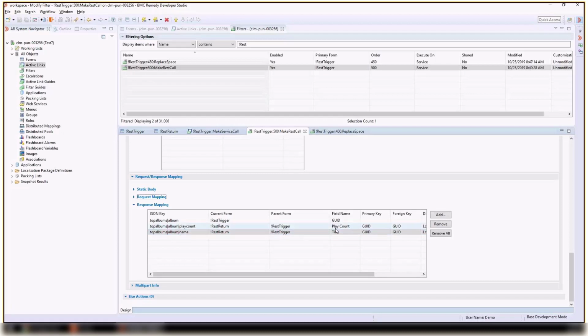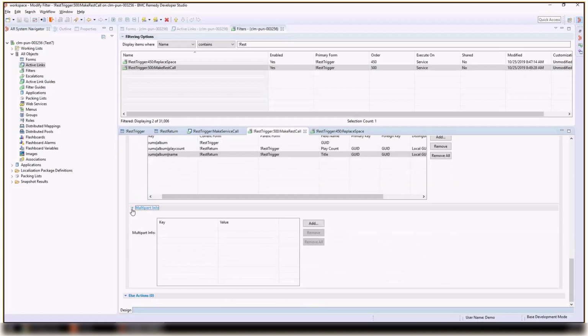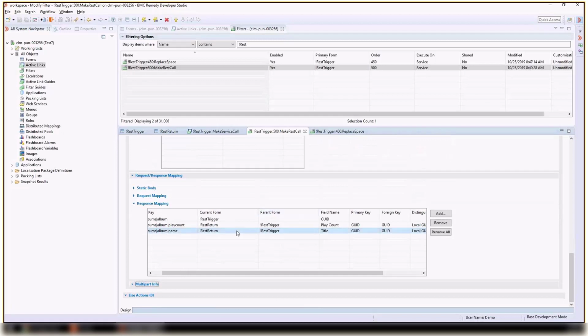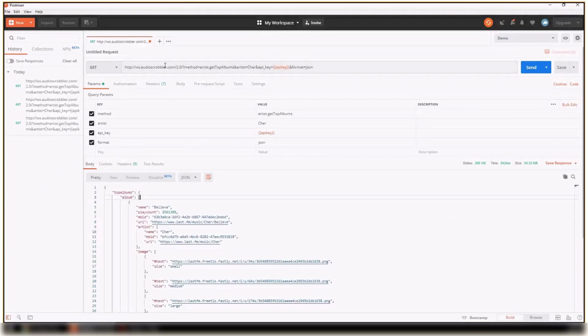Okay, and the destination is play count and title, and the primary key and foreign key are GUID, which are GUID on the individual forms in question, and the distinguishing key is going to be local GUID. So we look at that, and of course I'm not doing any attachment information, so we have no multipart info. Okay, so when we make this call, what it's essentially doing is the same thing that the